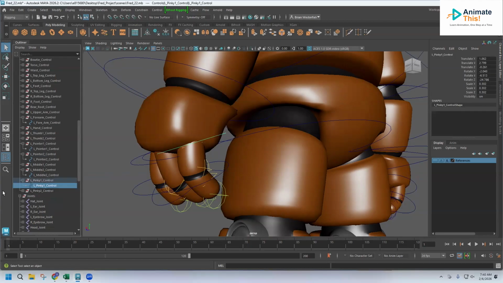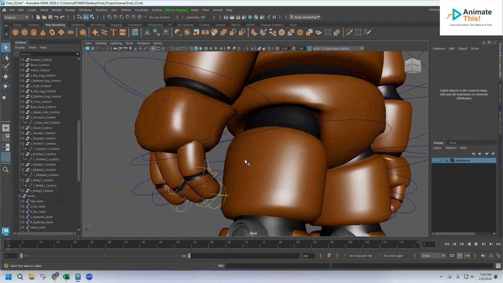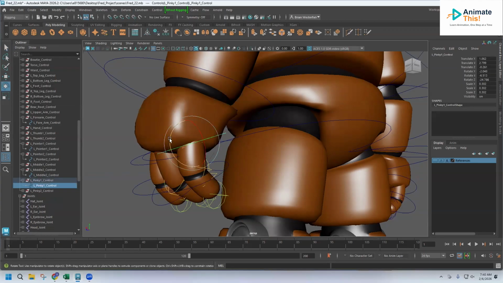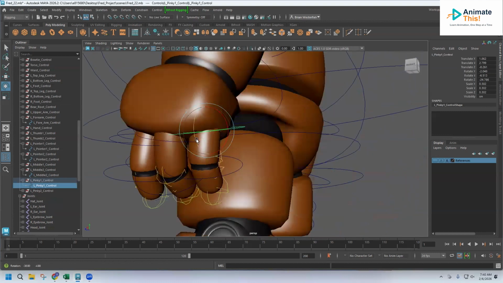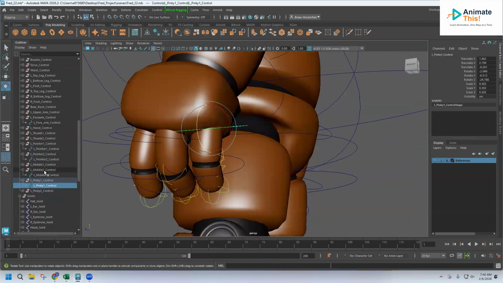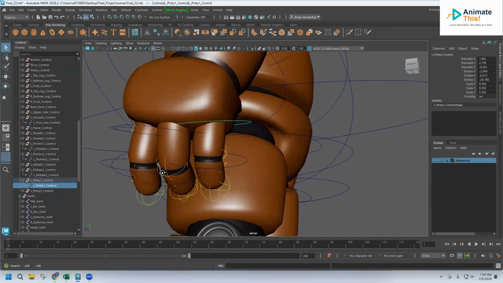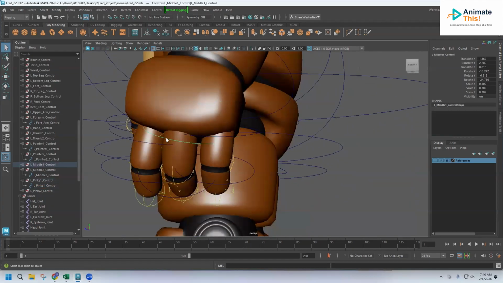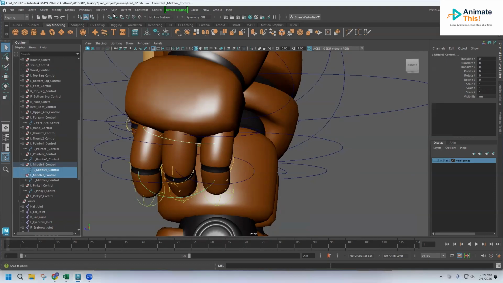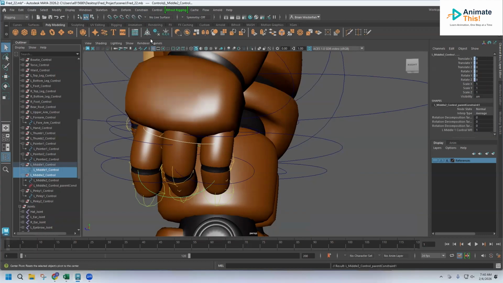And I'm going to control select the group left pinky 2 and hit constrain parent. That way now when I move pinky 1, pinky 2 follows. Then I'm going to go to my middle control 1. If you can't get to it here, go into the drop down here, then control select middle 2 group, constrain parent,